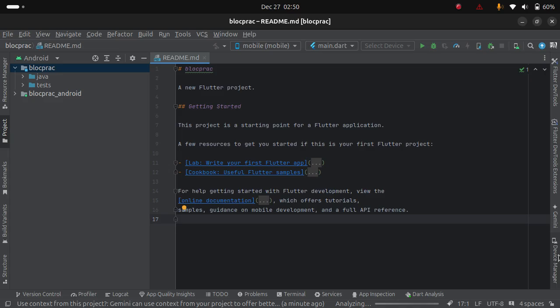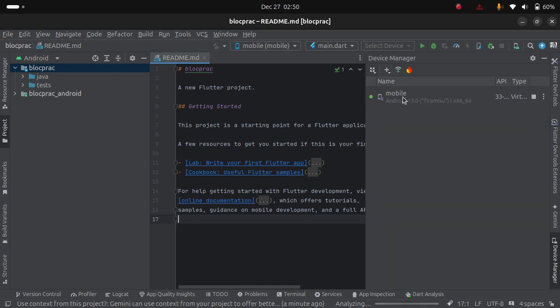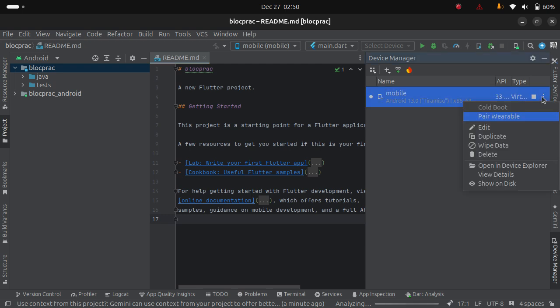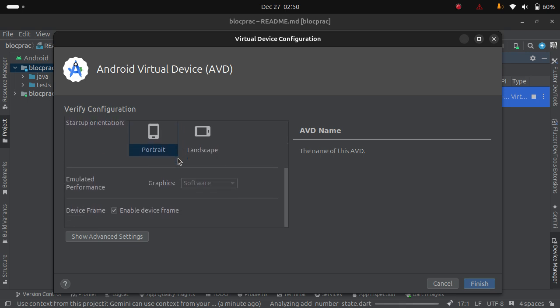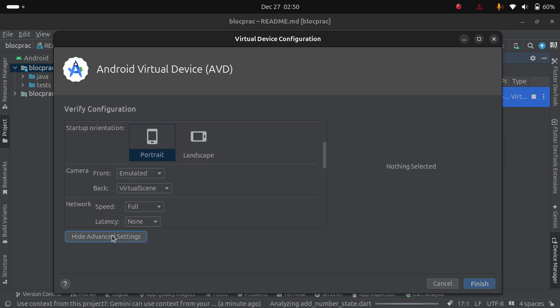Now our Android Studio is up. We'll go to Device Manager. This is our Android emulator, which is mobile. Click the three dots, which is the options button, and then we click edit. So we'll head down to show advanced settings,